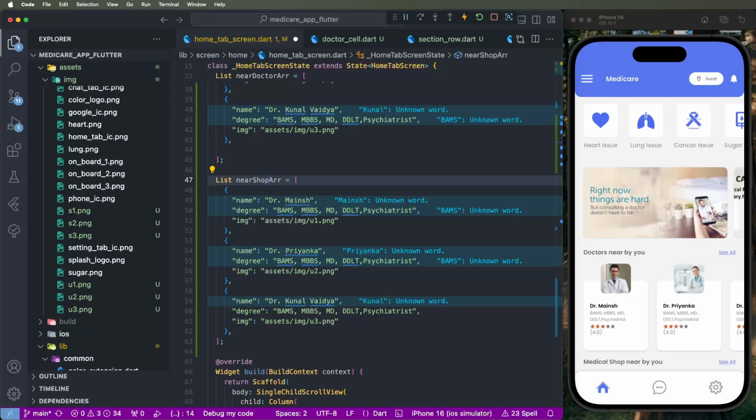I need to set here the name for shop and degree to need to change this here the address parameters,